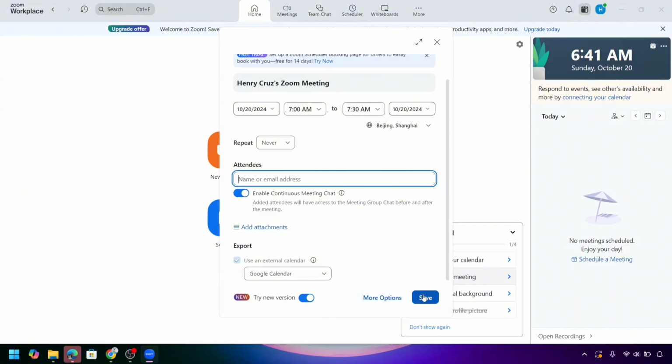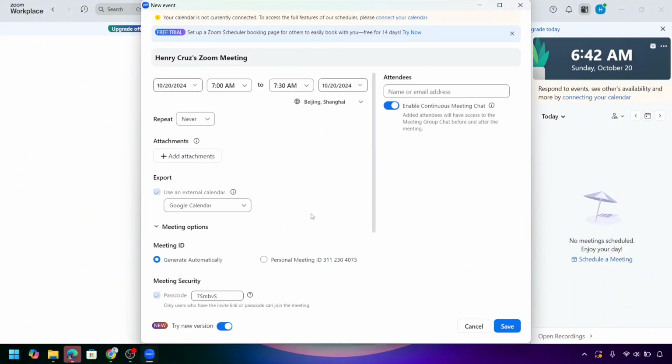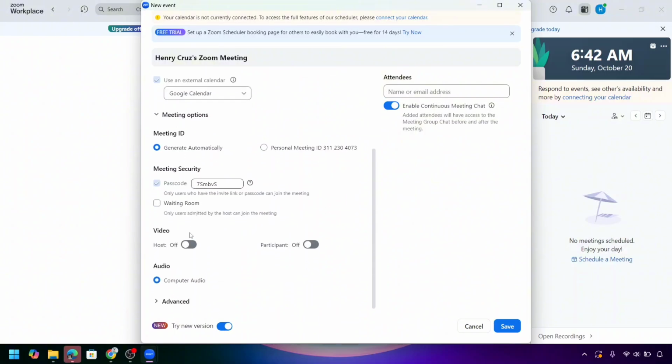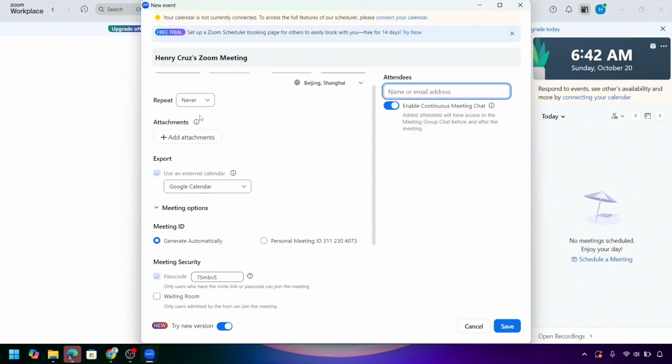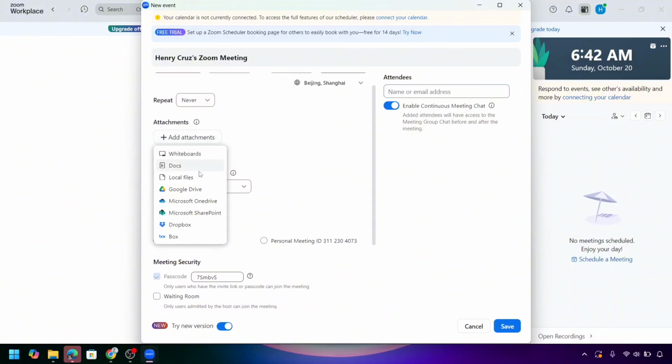Or if you want to do more, click the more options. And then here you can modify this deeply if you want to set a passcode, or if you want to turn off this host option or the participant option. And also these attendees, again, you can send it to them. And the attachment parts, you can add attachment to it like a mail, an image, or a video. Now, click the save button once you're done, but for this video, I am not creating a schedule or any